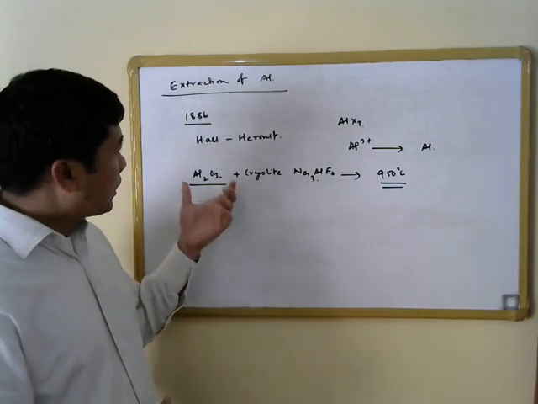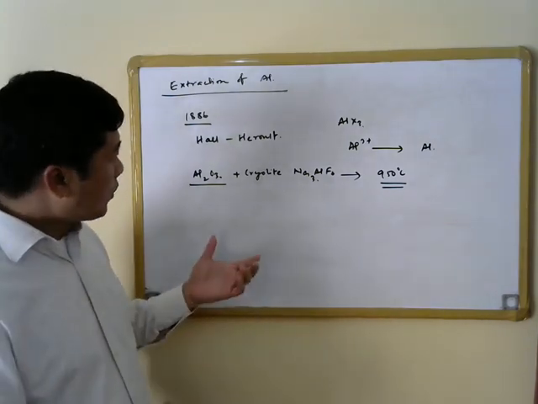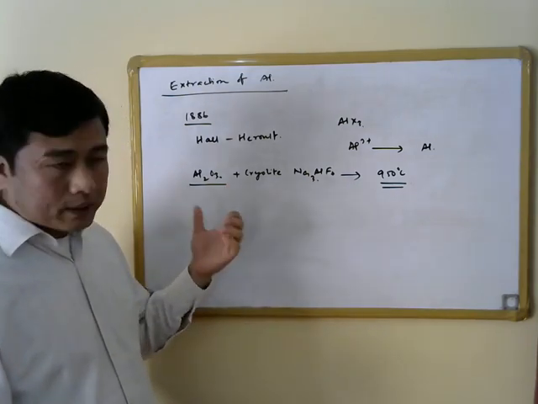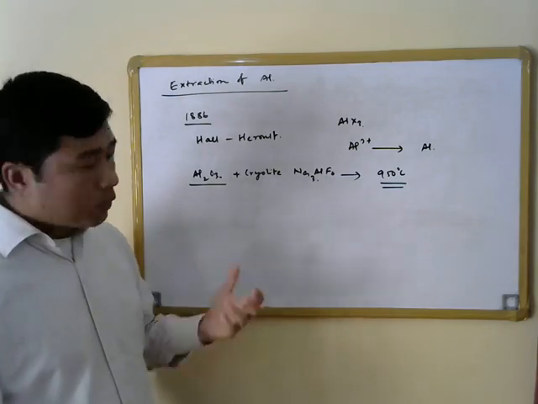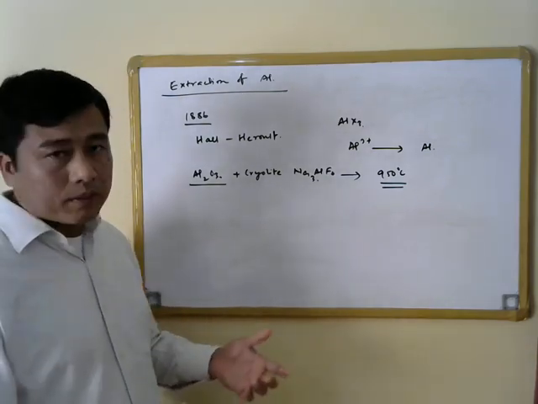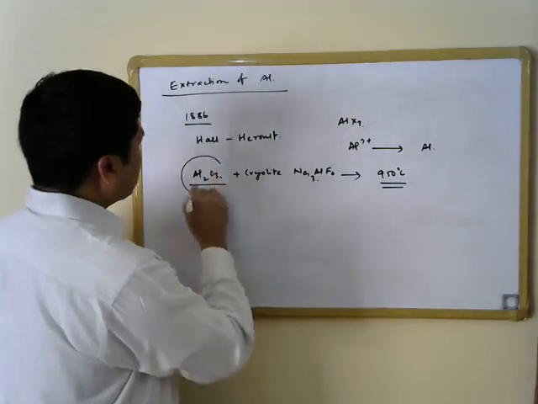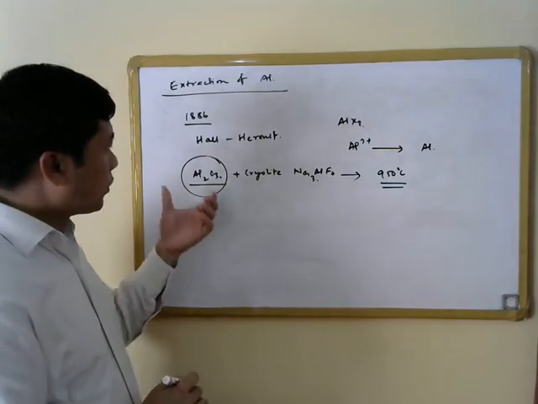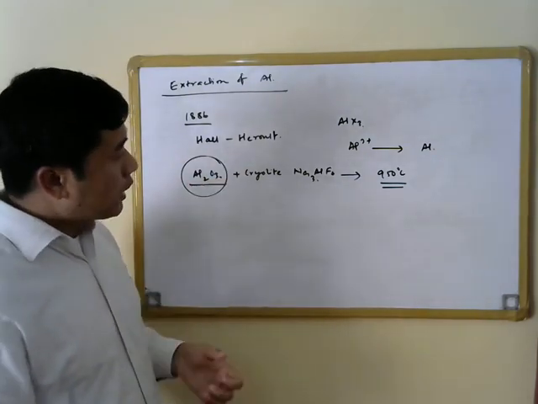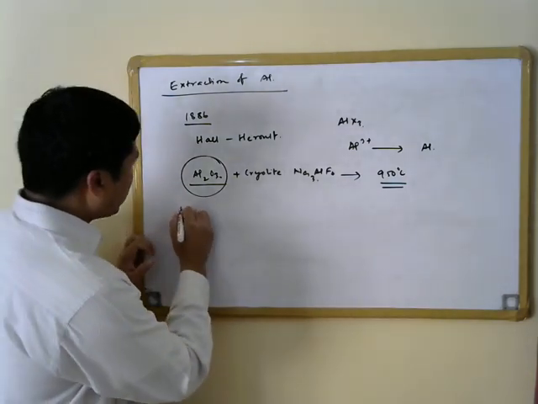And so this method, this Hall-Héroult method, essentially allowed one to isolate or extract aluminium in an economic way, and this propelled the application of aluminium in many applications. So then, before, of course, this Al2O3 that is obtained from bauxite is reduced to aluminium metal by an electrochemical method,